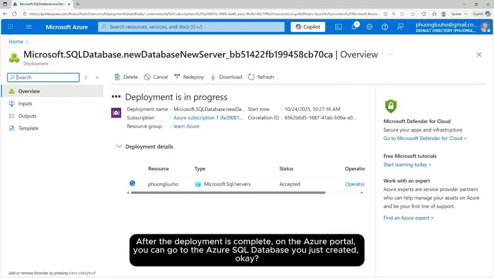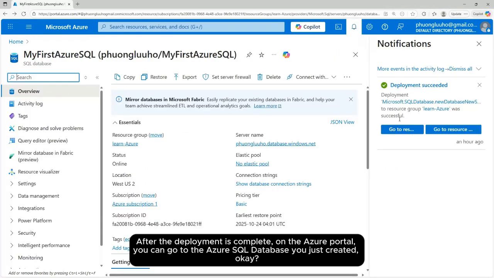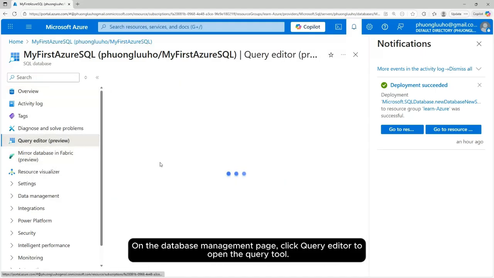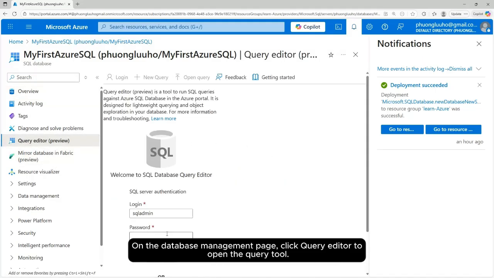After deployment is complete on the Azure portal, you can go to the Azure SQL database you just created. Okay. On the database management page, click Query Editor to open the query tool.